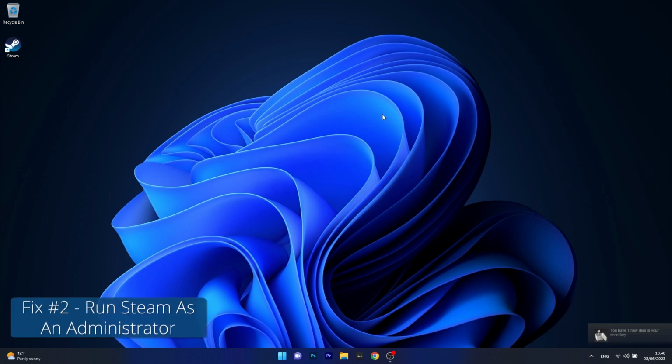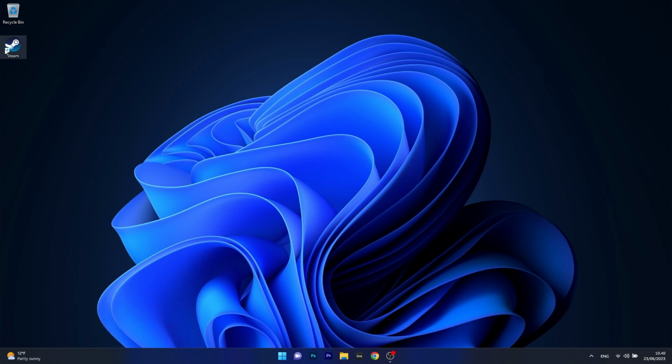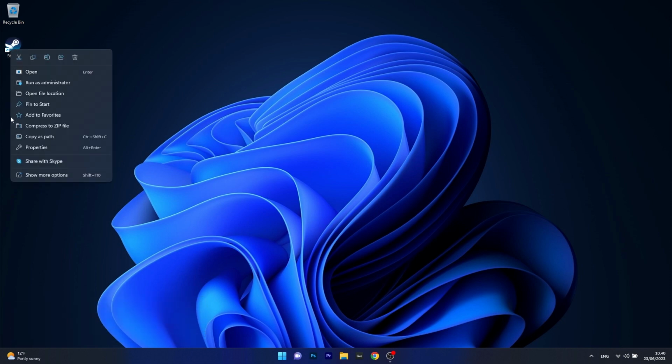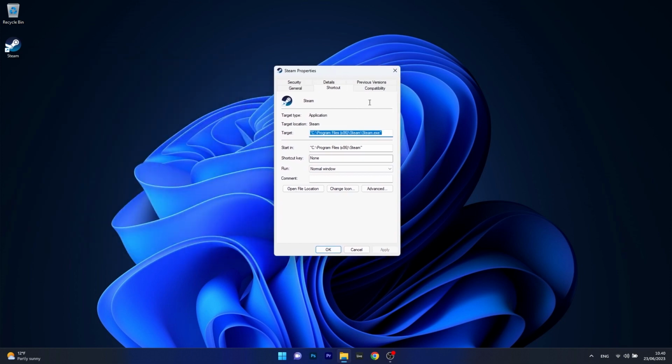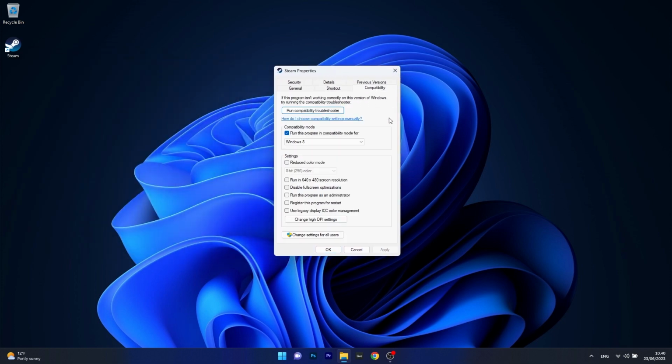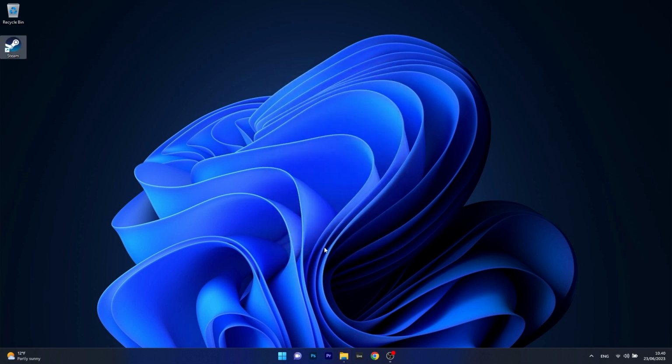Moving on, another great solution is to run Steam as an administrator. Now in order to do this, right-click on the Steam icon on your desktop and select the Properties option. In here, in the Steam Properties window, make sure to click on the Compatibility tab, and the last thing you have to do is tick the box next to Run this program as an administrator in the Settings category. Now just click on Apply and OK to save the changes, restart your computer, and then you can check if